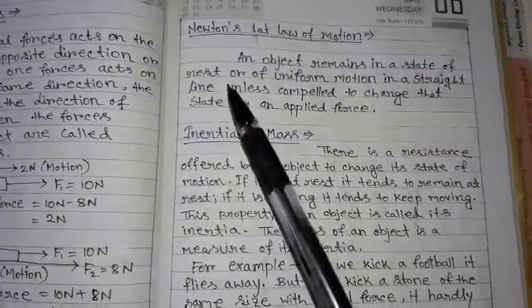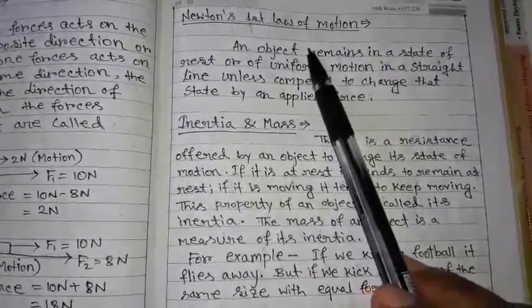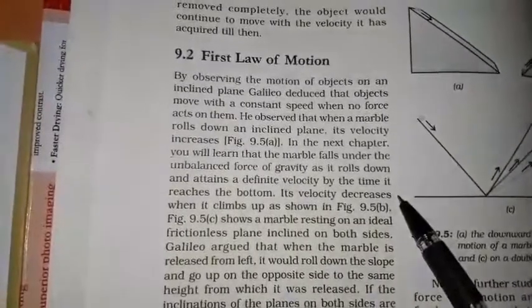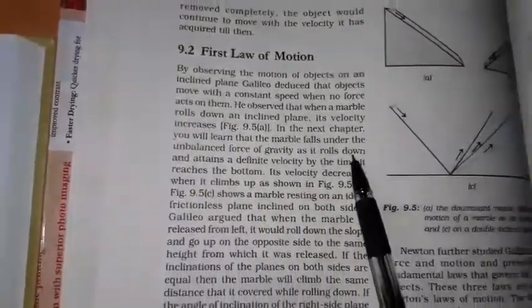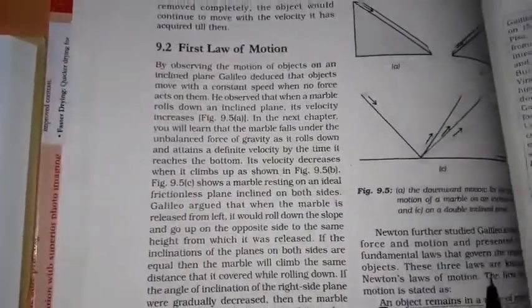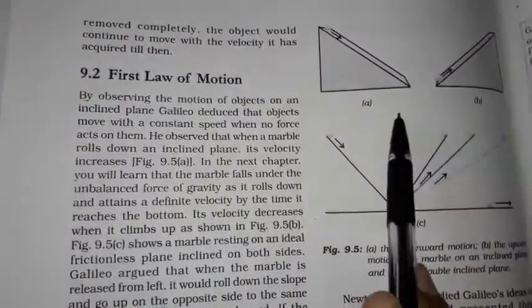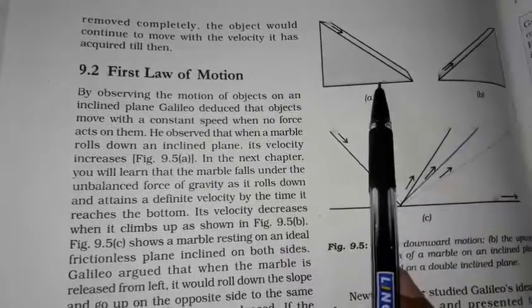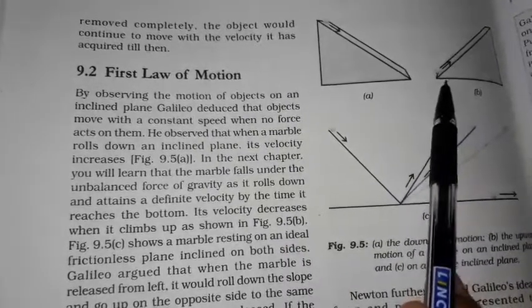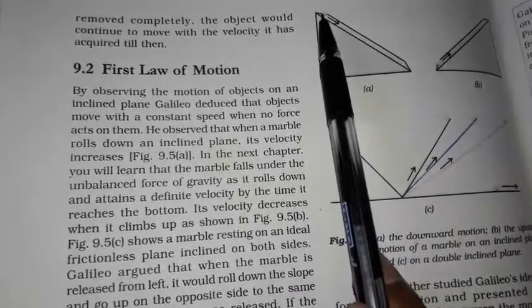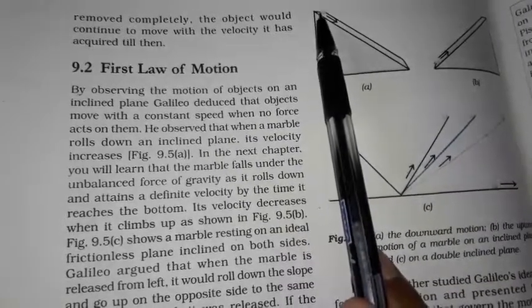Next, Newton's first law of motion. So before that we come to the book. So in the book we find that Galileo was the first to study the state of motion and force relation of an object. He took two inclined planes making the same angle of inclination here as we see in the picture. He took a ball on the left inclined plane at the top and he released it.